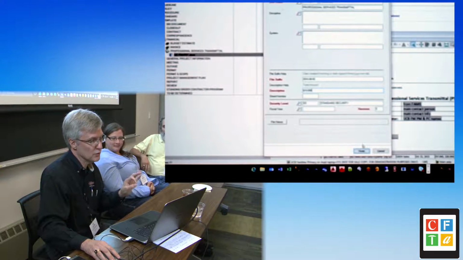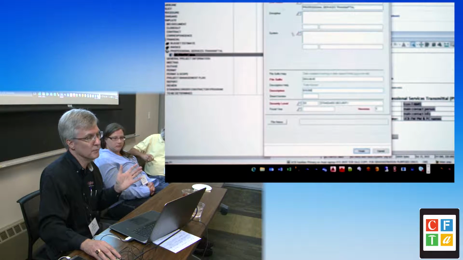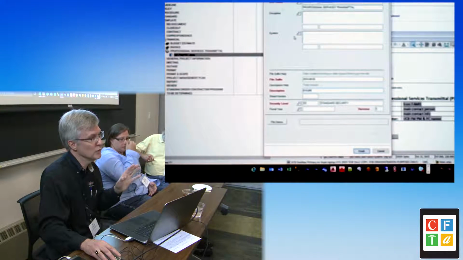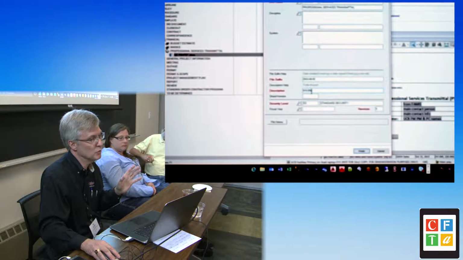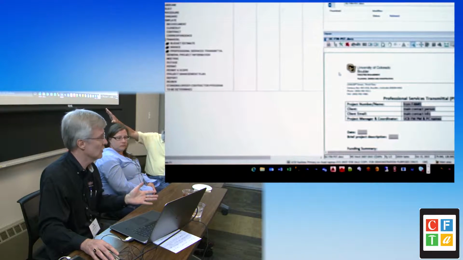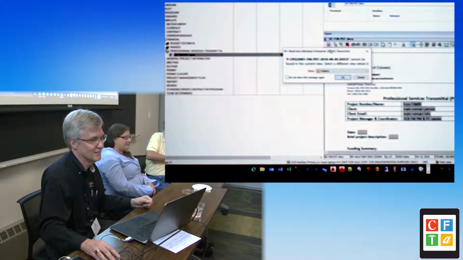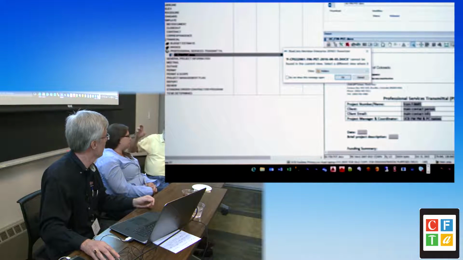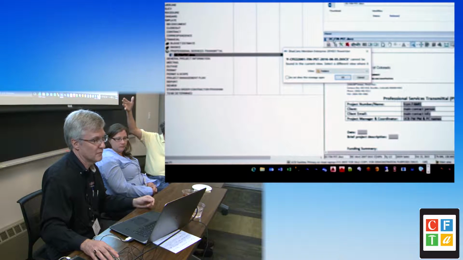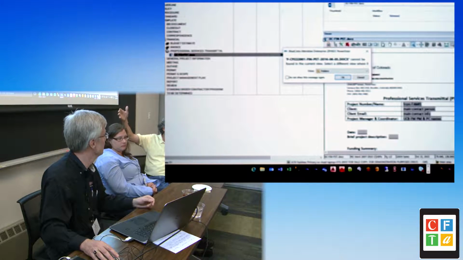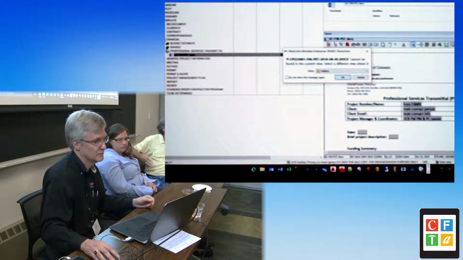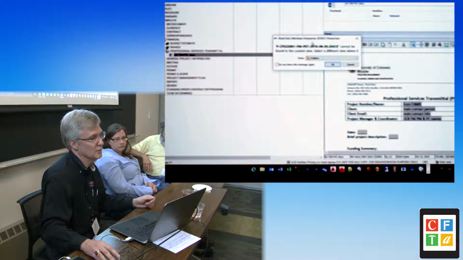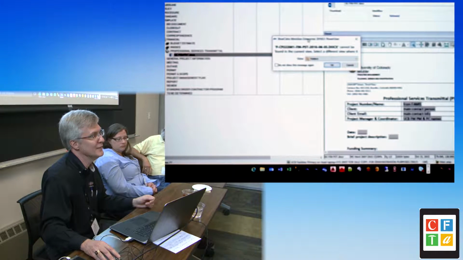So the point I want to make sure doesn't get lost here is that they haven't entered much of anything. I've been rambling, but really all they did was pick a project number, type in a couple of minor things, and hit finish. I'll show it again in a second on something more realistic to your stuff. So I was just going to say that the red titles that you saw are mandatory. You can't finish without answering those. The black titles are optional, if you have that, depending on who you are putting stuff in. So what this is telling me right now is the document I just created doesn't show up in this